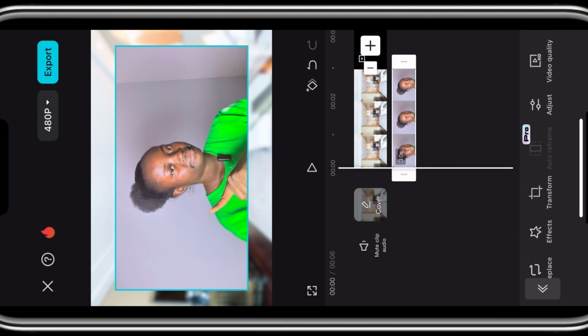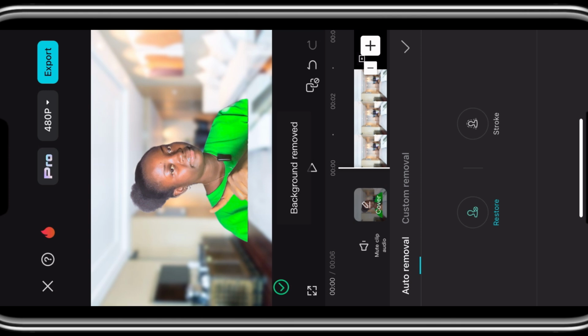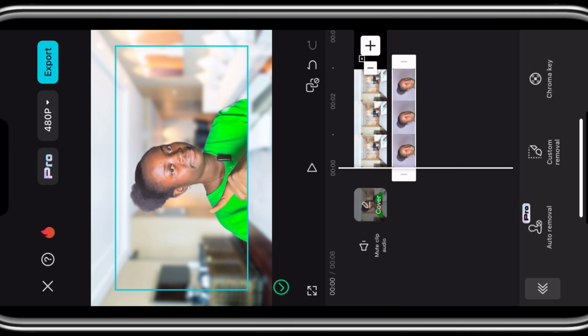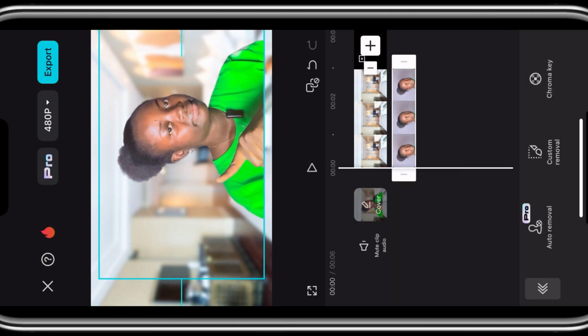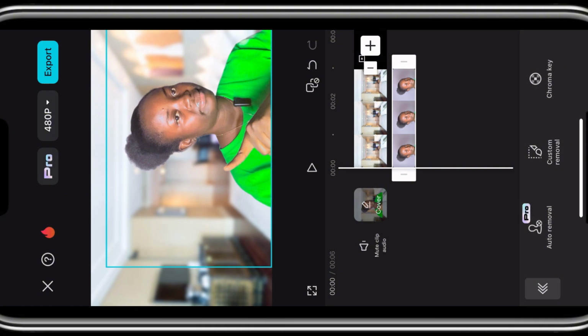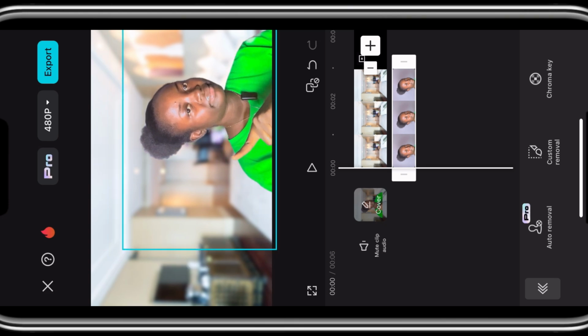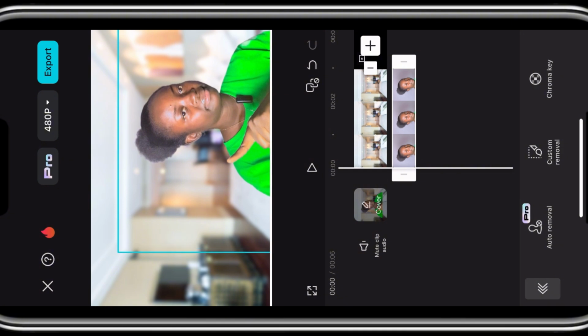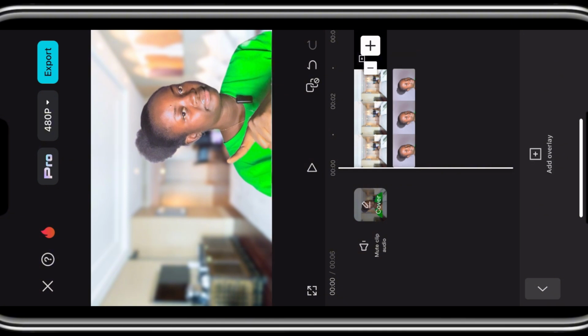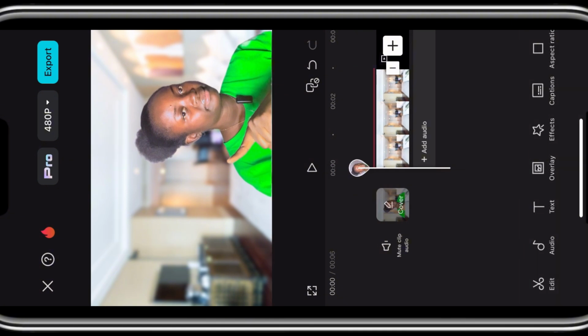So I'll click to remove the background, and you know CapCut background removal is not free. It has brought up this pro, but don't worry, I got you. We will download it for free without paying them a dime. So here I am, I've removed the background. Please, if you use a picture, use a plain background for your picture. Take a picture from a plain background so that when you remove the background, the thing will not look bad,